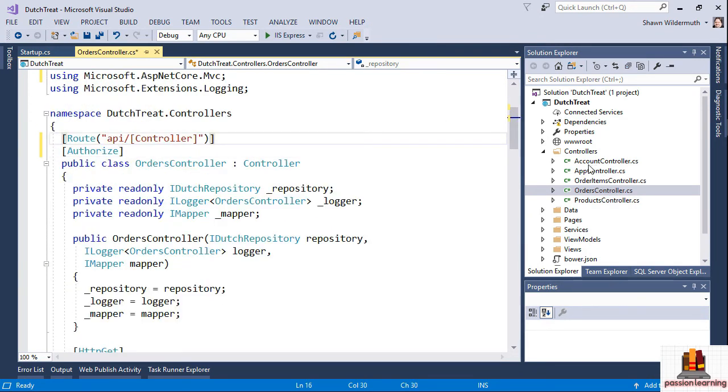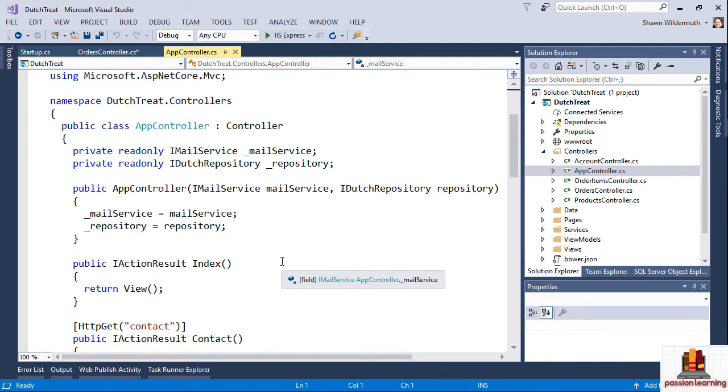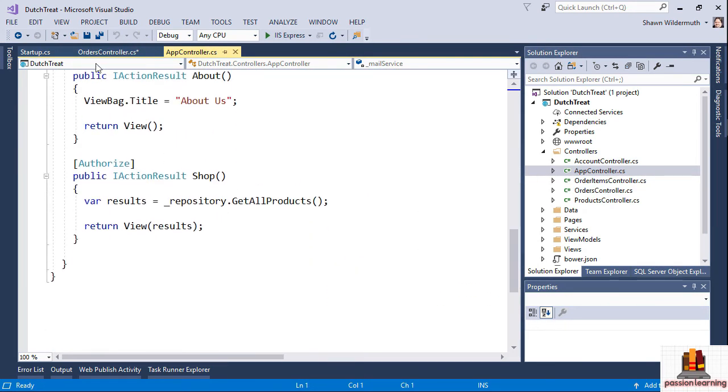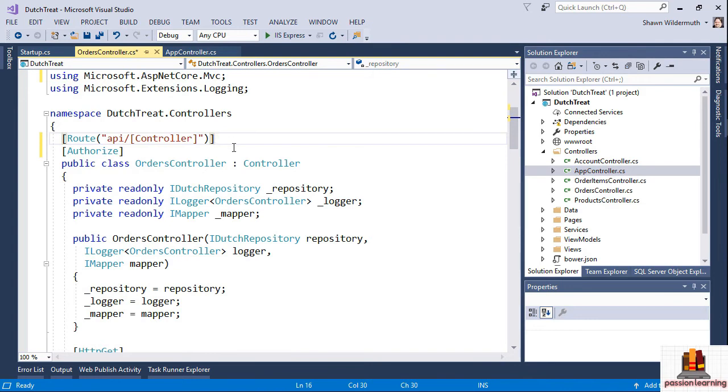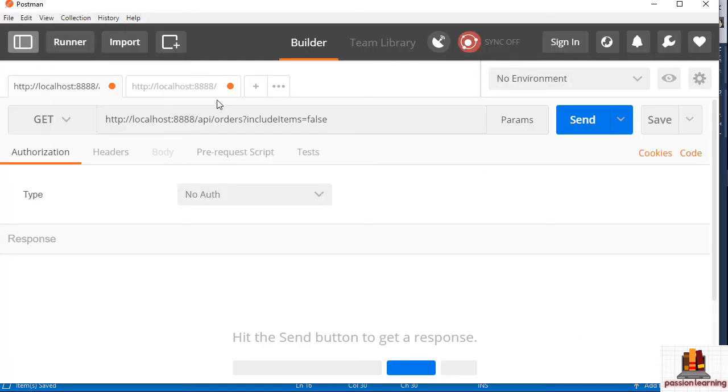Just like we did for the shop page in the app controller, we're going to do it at the entire level of the order controller. We're going to say to access it all, you're going to need to be authorized in some way. So back in Postman, if I just try to get all the orders,